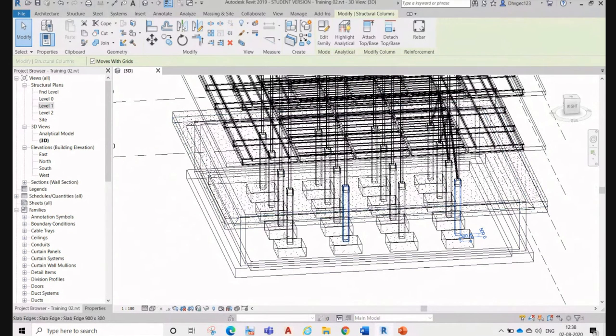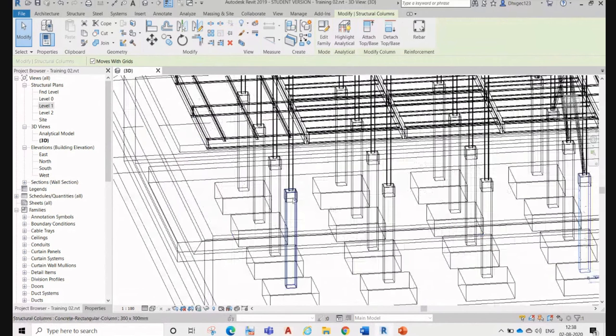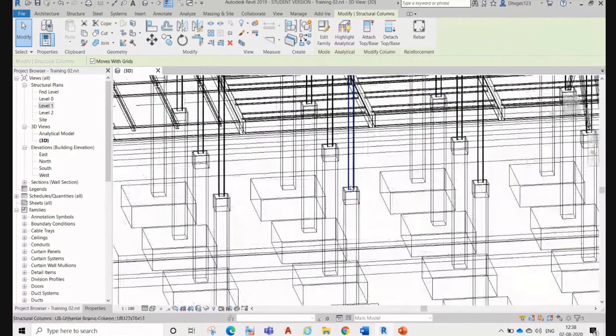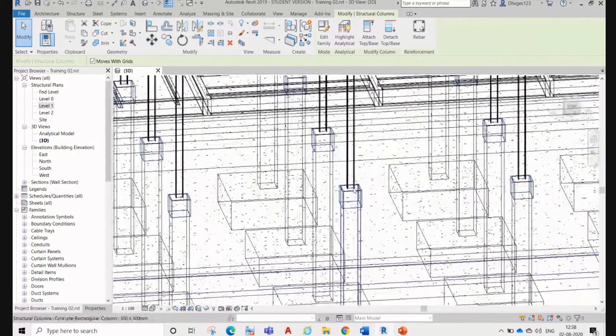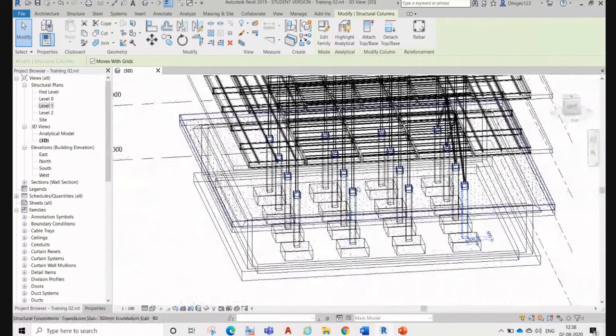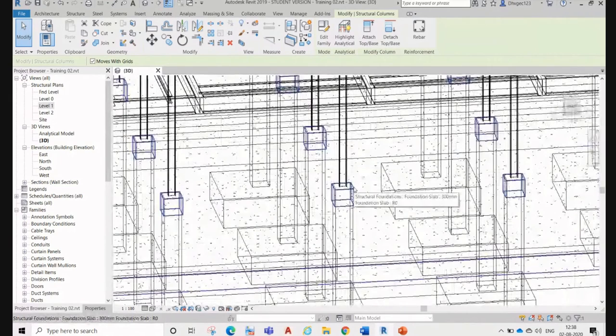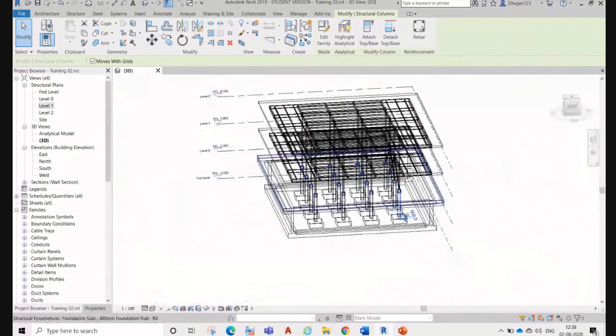For that purpose, we provided an opening in the slab so that our main strut column can go straight to floor level, and after that we can put a base plate connection with the steel column, and then the steel column can go straight to the top.